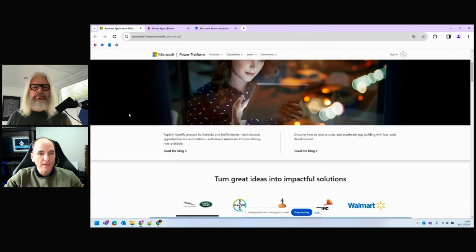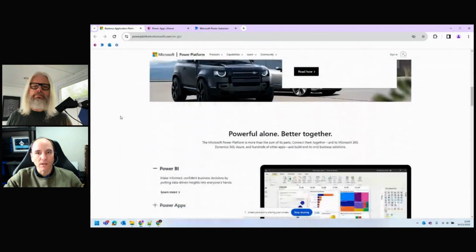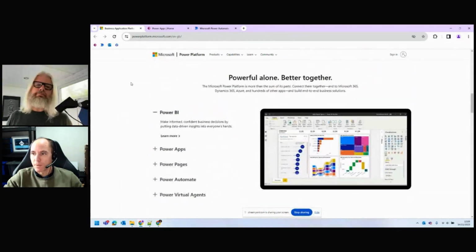But if we go further down, there's really 5 main services that are used for it that we can see on this page. So this is Microsoft's official marketing page for Power Platform. And just to give a very quick overview of what they are, the main ones we've got are Power BI. So we can see the screenshots on the right-hand side. We've got things like reports that contain these visuals, different dashboards. There's AI built into this as well, so you can ask questions of the data within a dashboard.